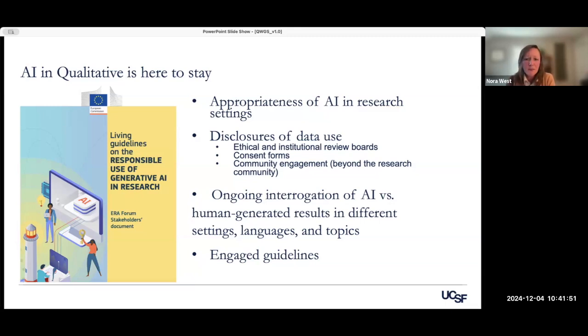And then I think just this ongoing interrogation of AI versus human generated results in different settings, languages, and topics is really important. Particularly languages. I think that because a lot of the AI within qualitative analysis programs is large language model focused,